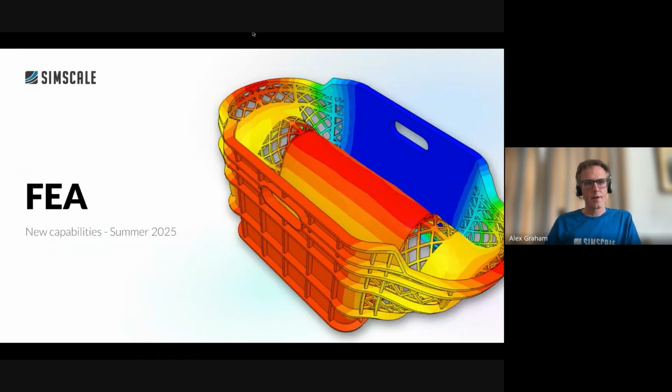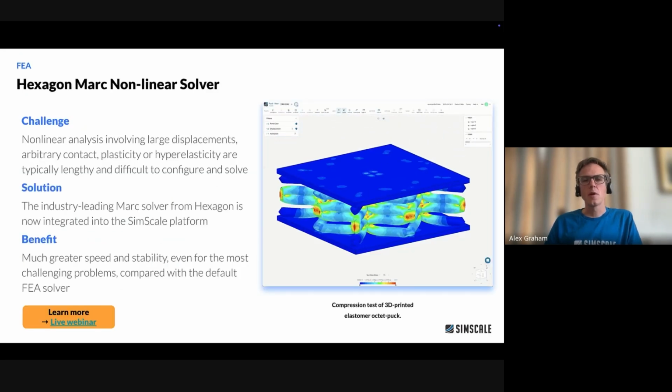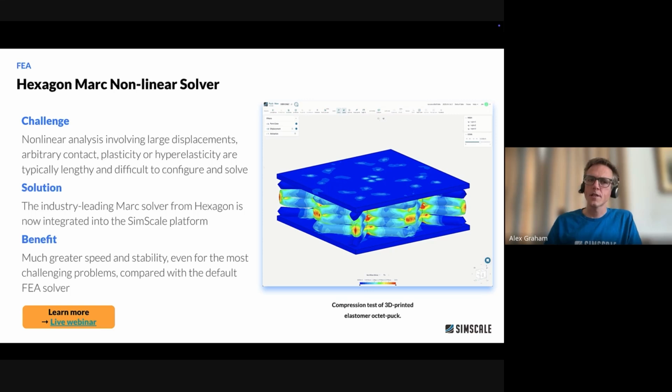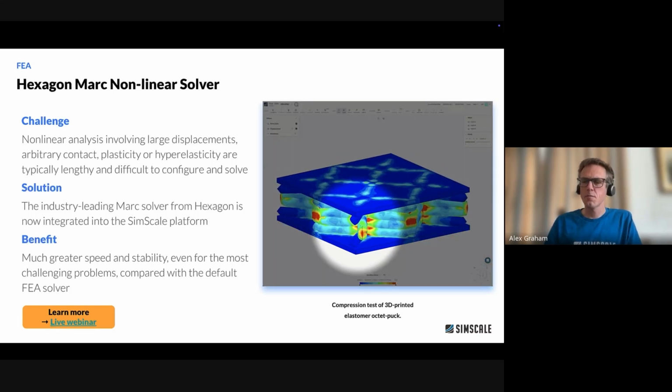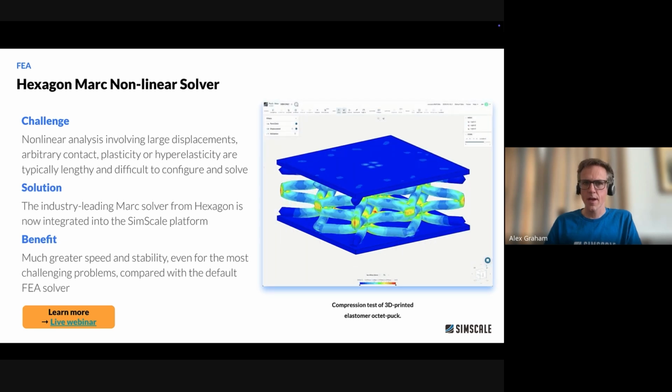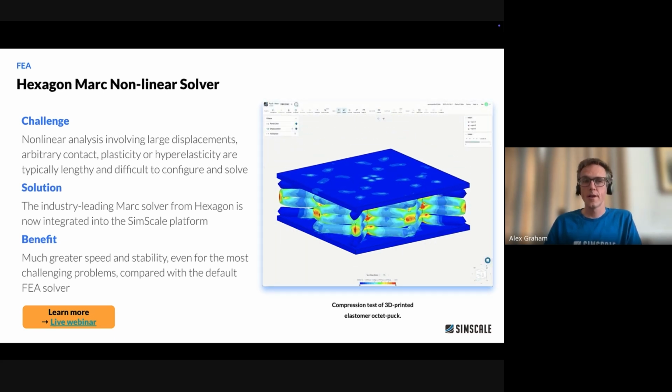Okay, so I think now we're on to our next meaty new feature. It's almost not so much a new feature, but a whole new solver that we're now introducing into the platform. You probably will have heard previous announcements about this. I think it was announced back in November of last year that we were starting this partnership with Hexagon, which was all about introducing the Marc nonlinear solver